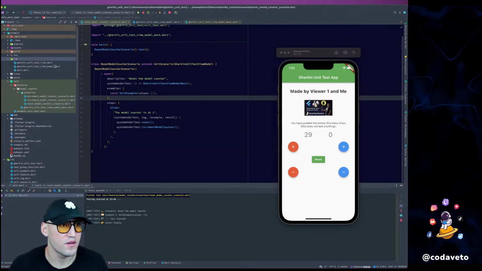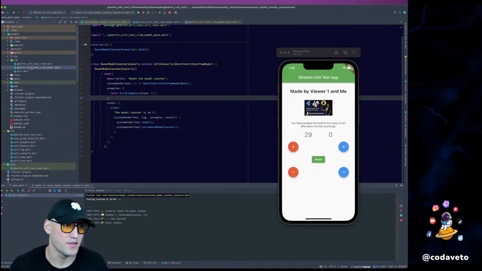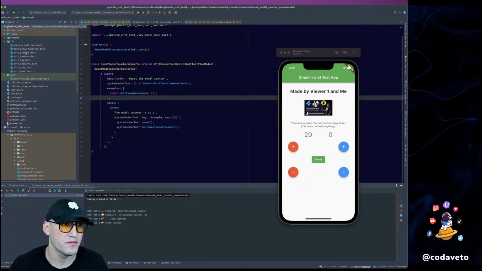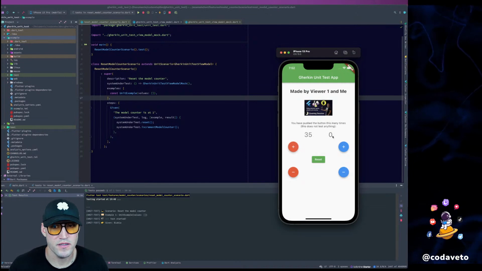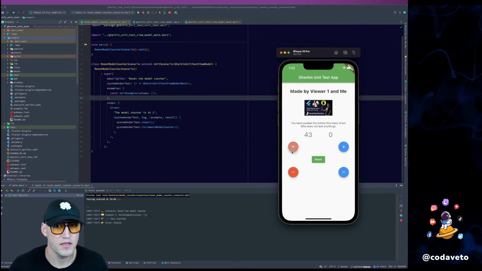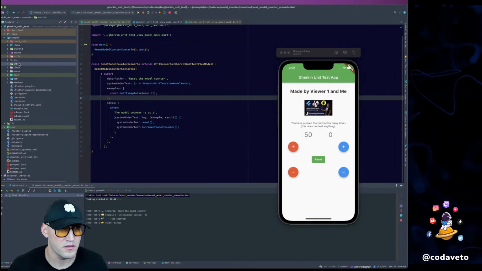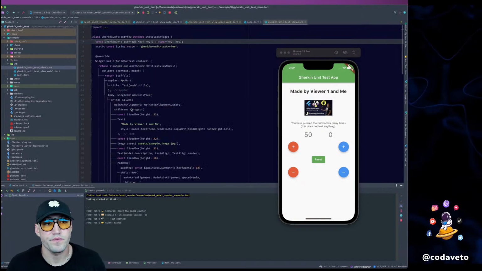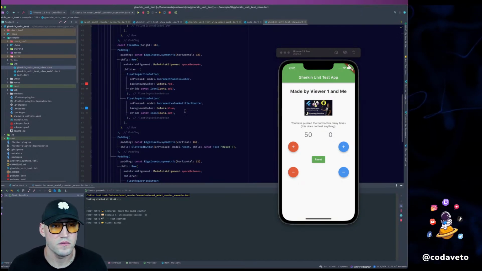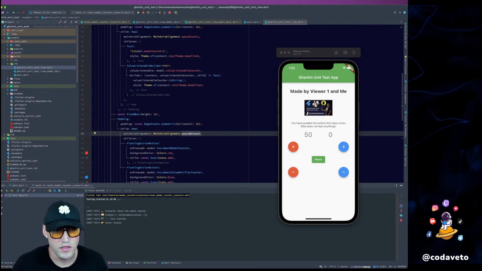So I also saw that, I know I shouldn't be doing this, but whatever, we're just having fun. When you press the button, you see the 0 is moving. You know why? Because we have a row here that says spread. Space between. What you actually want to do is